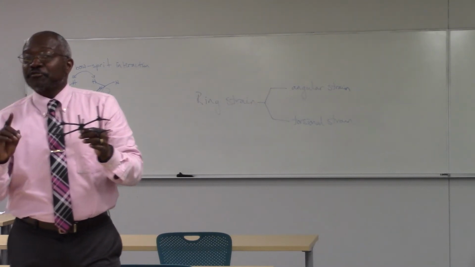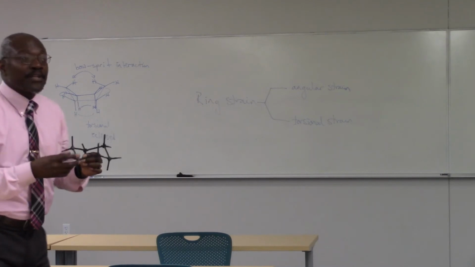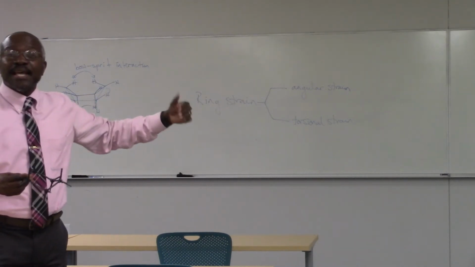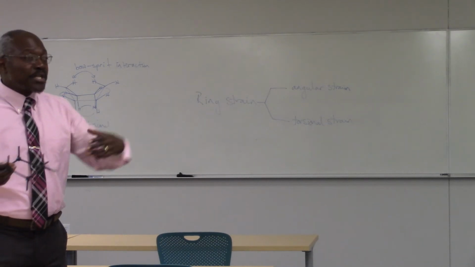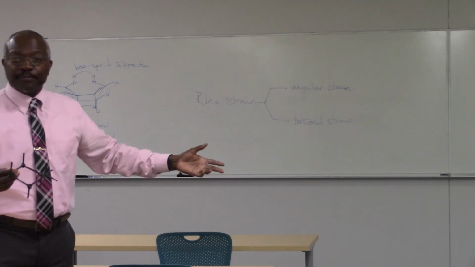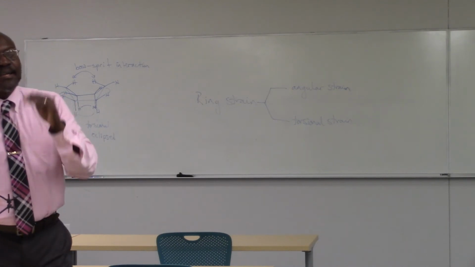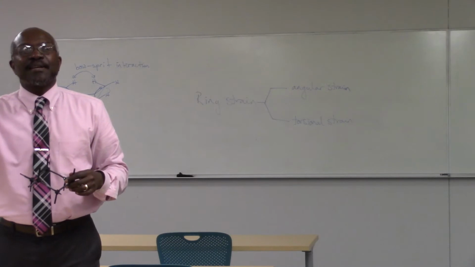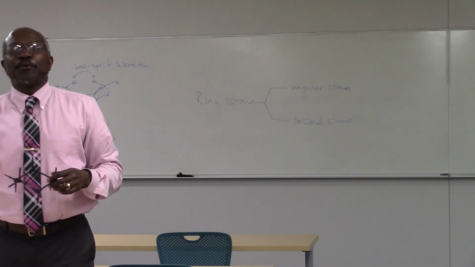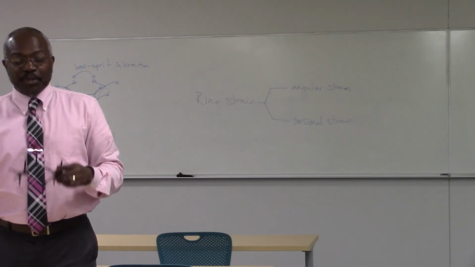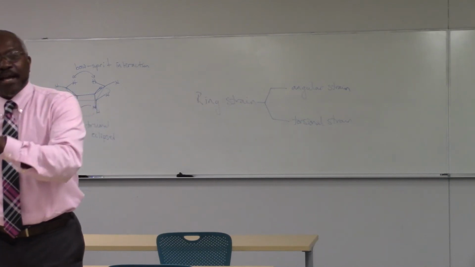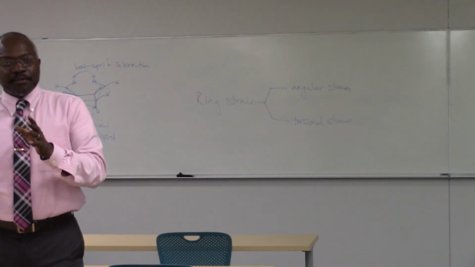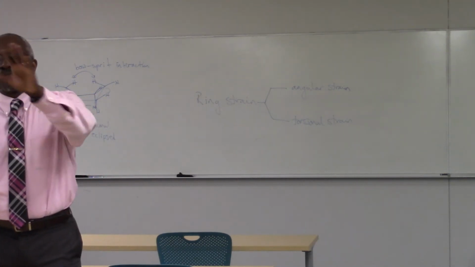If I have no ring strain, then I should be almost equivalent to my acyclic counterpart, hexane, which has no angle strain or torsional strain. Which is why cyclohexane and hexane have roughly the same heat of combustion per CH2, the delta H of combustion difference being functionally zero. Because cyclohexane has no angle strain or any torsional strain, no ring strain. Now, there's a chair, this is called a chair conformer, we'll get to that in a second.